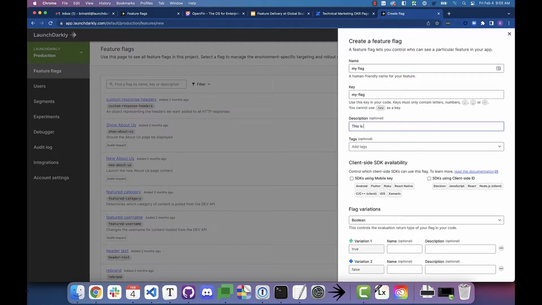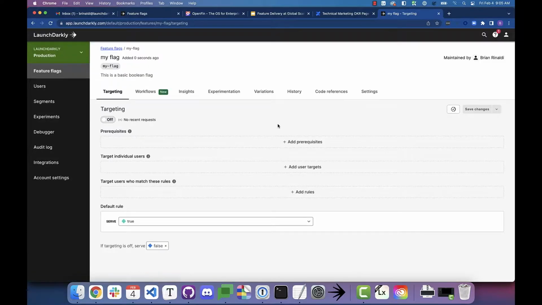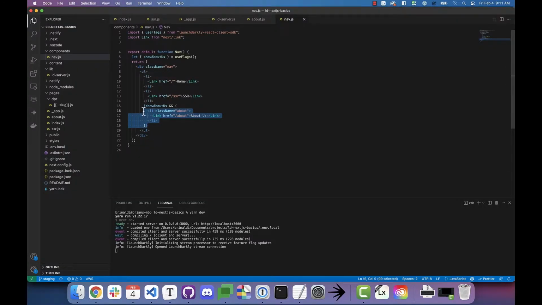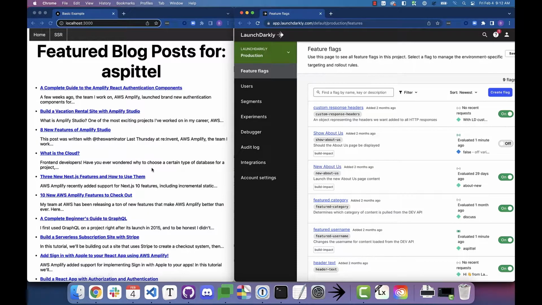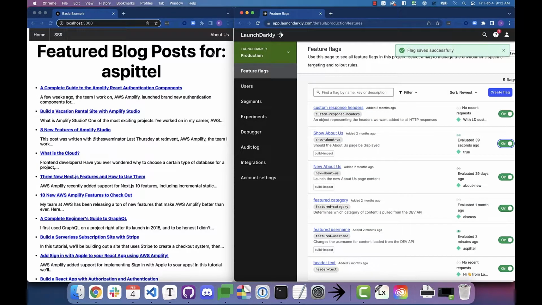This is actually the default type when you go in and create a new flag in the LaunchDarkly dashboard. While a Boolean flag is simple, they're also still really powerful. They're especially useful for things like enabling or disabling a specific feature in the UI and backend. You can then do things like target features to specific users or groups, or even do a progressive rollout of